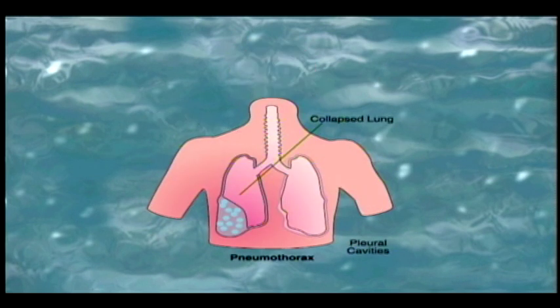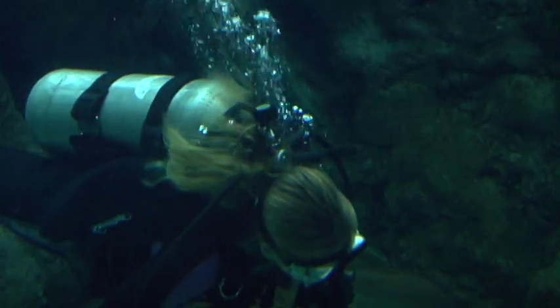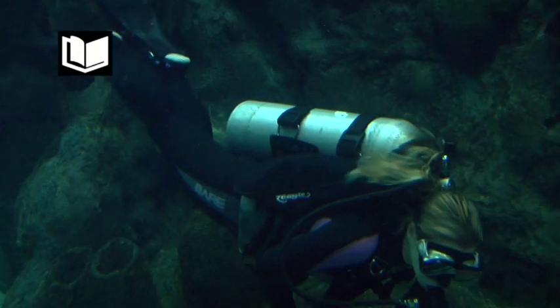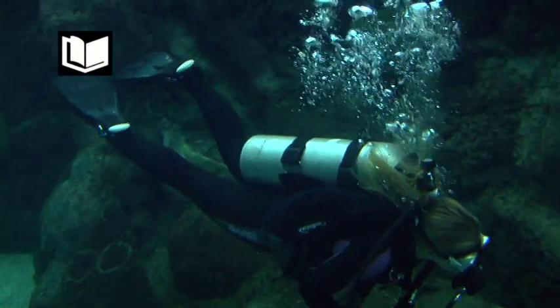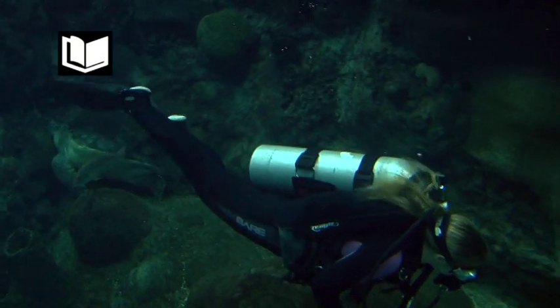If a lung ruptures and the escaping air gets into the pleural lining surrounding the lungs, the escaped air can cause a condition known as pneumothorax, which is a collapsed lung. Tissue emphysema occurs if air from a ruptured lung escapes in the chest cavity below the breastbone. Your breathing rate is not controlled by the amount of oxygen, but by the amount of carbon dioxide in your bloodstream. The more carbon dioxide you have in your blood, the more you want to breathe.